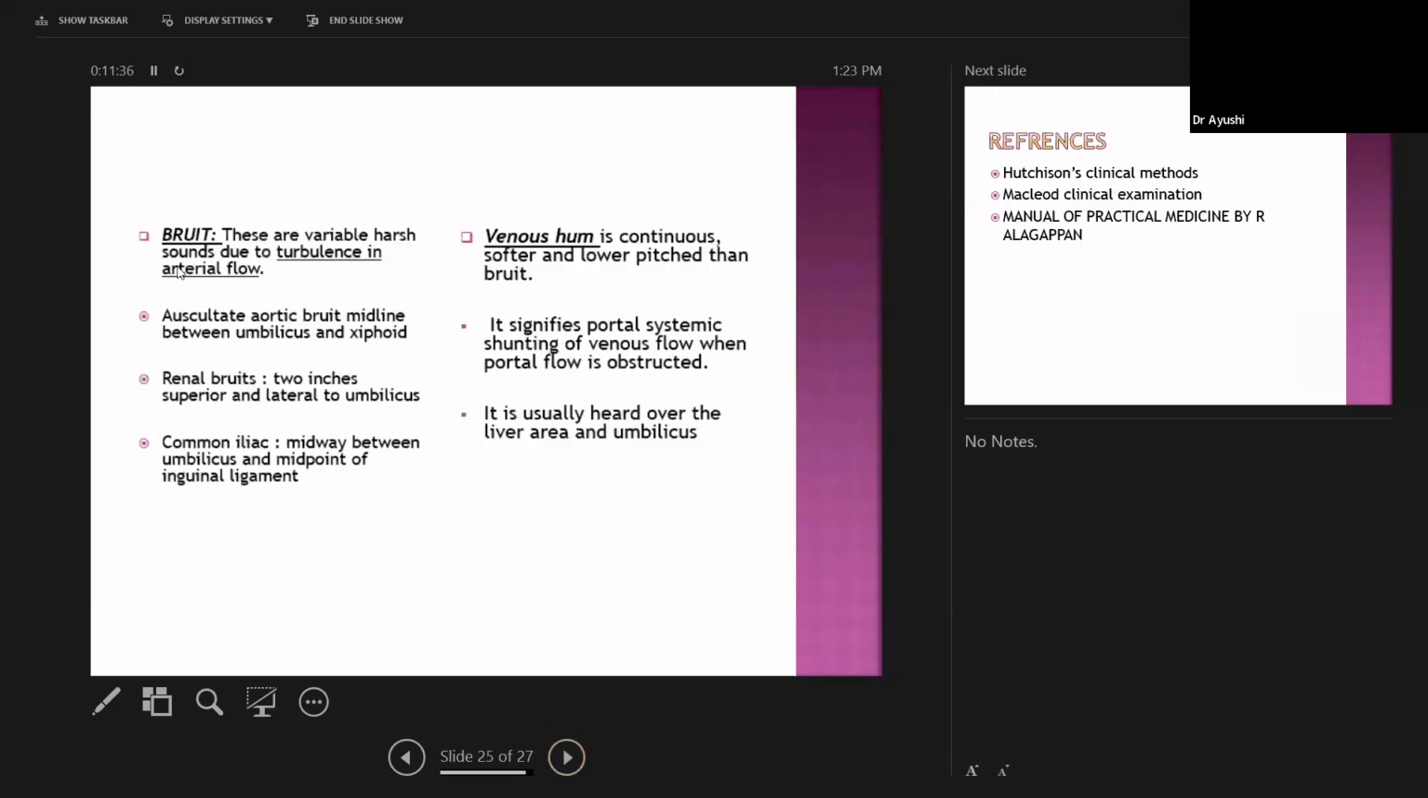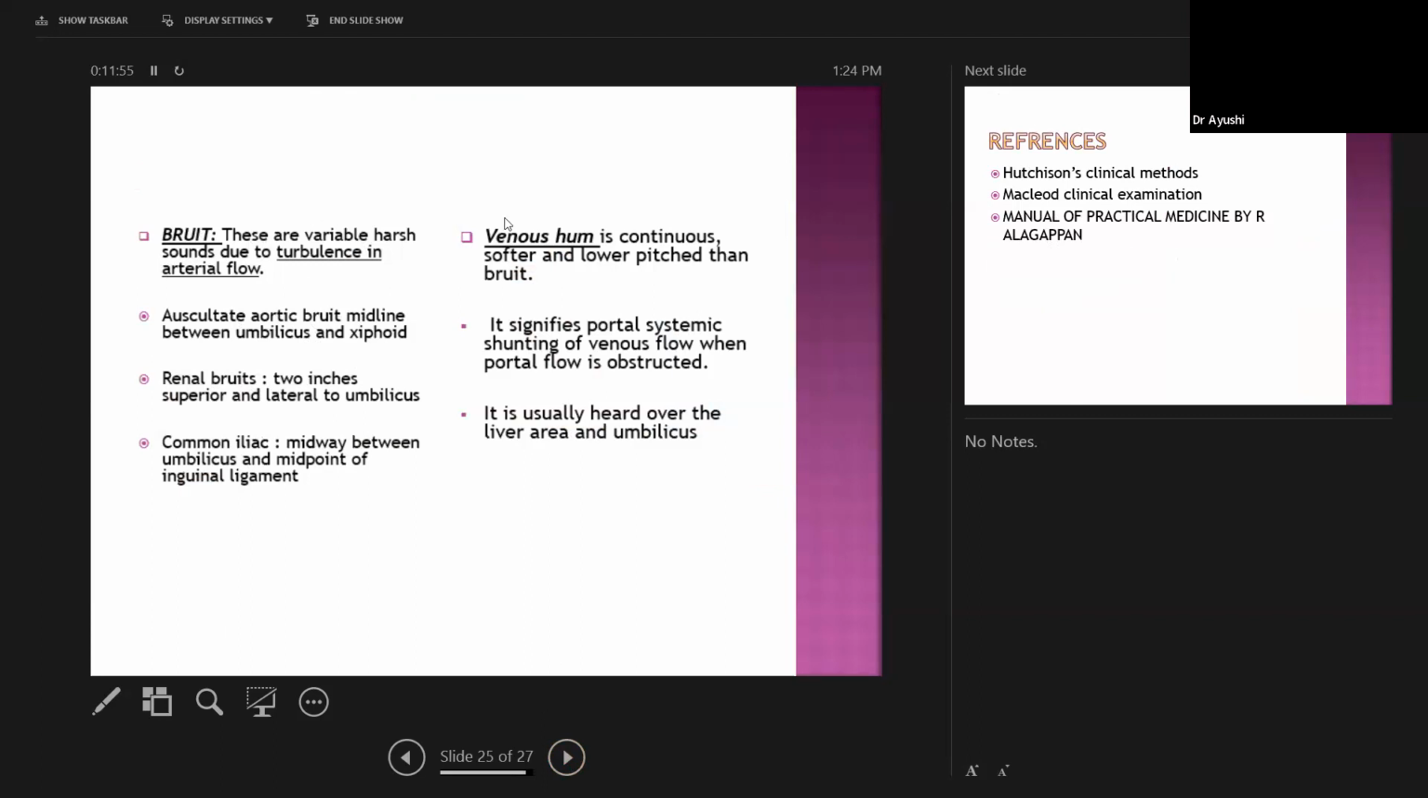First, the bruit. These are variable harsh sounds due to turbulence in arterial flow. Auscultate the aortic bruit in the midline between the umbilicus and xiphoid. The renal bruit is 2 inches superior to the lateral umbilicus, and the common iliac is midway between the umbilicus and the midpoint of the inguinal